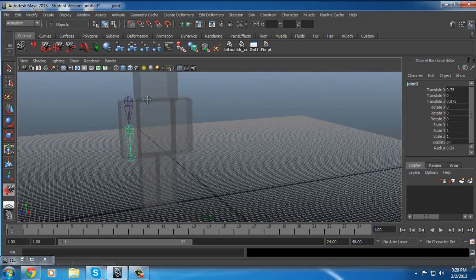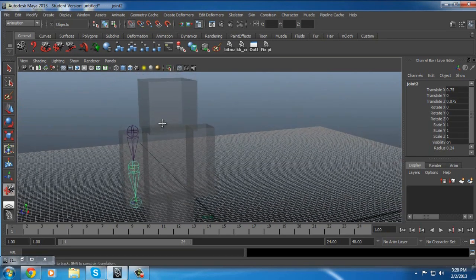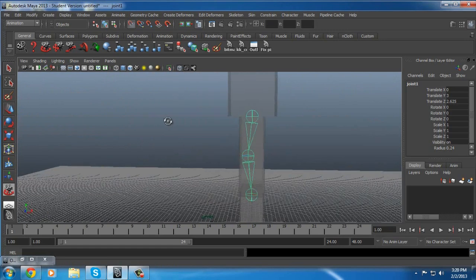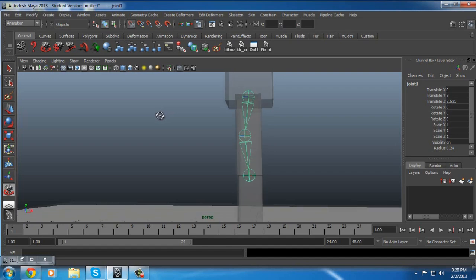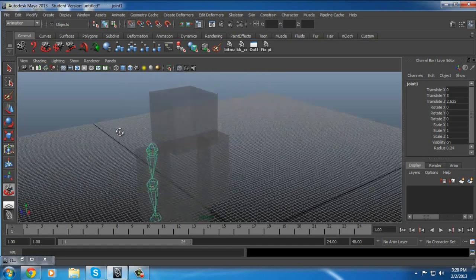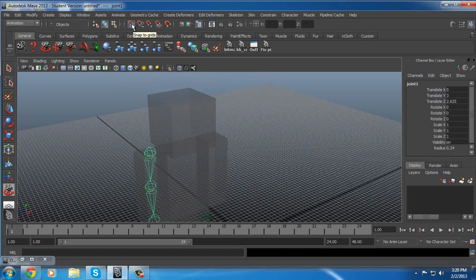Pause the video anytime if you feel like you're lost and replay part of the video. Now your bone has a curve in it, not a curve, but a bend. It's slightly bent. Now remember, we're still in snap to grid, so that's extremely important. Now you can go on your keyboard and hold Control D